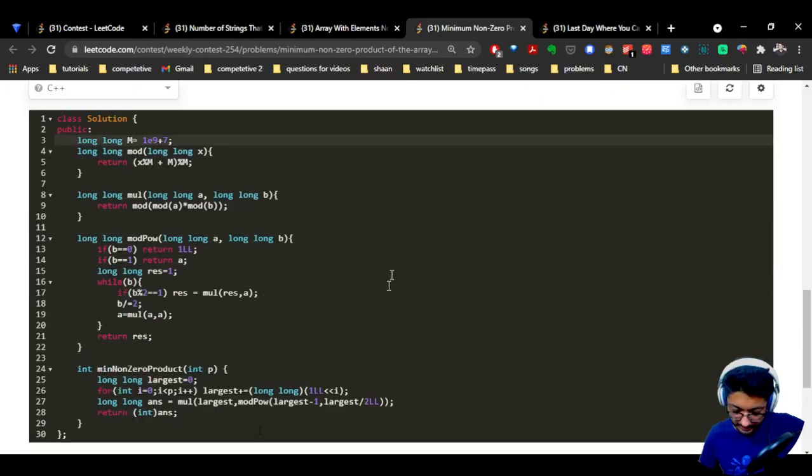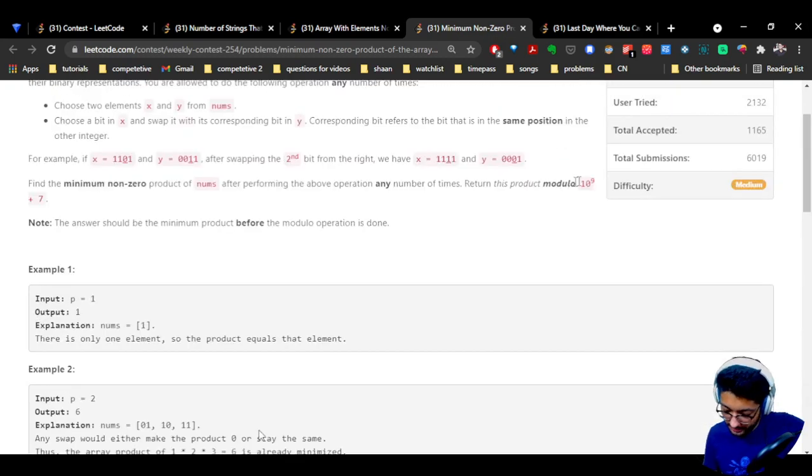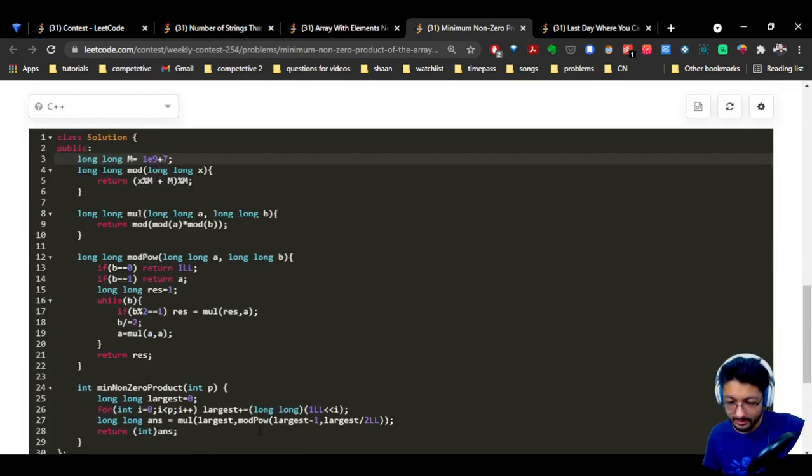So as you can see, because the number can become very large, you have to do modular arithmetic with mod of 10 to the power 9 plus 7. So what you can see here is, in all the problems where I have to do some modular arithmetic, I always write down these 2-3 functions. That will make my life very easy, so I don't have to go through at which position I have to do mod and so on. So just first initialize m, which is the modular value. You have to do mod 10 to the power 9 plus 7.